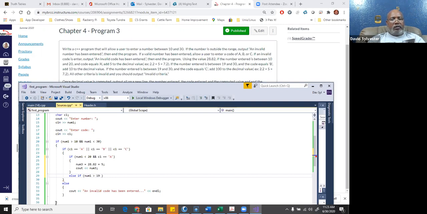Okay, if it's greater than 19 and C1 is equal to, and remember the equal to is double equal, B, then now what we want to do,